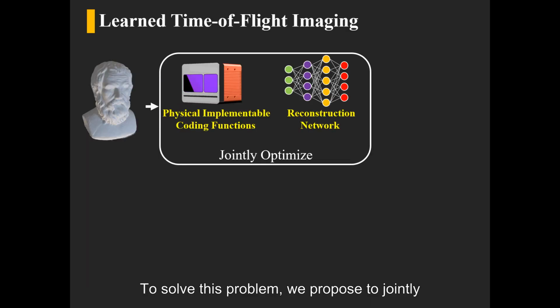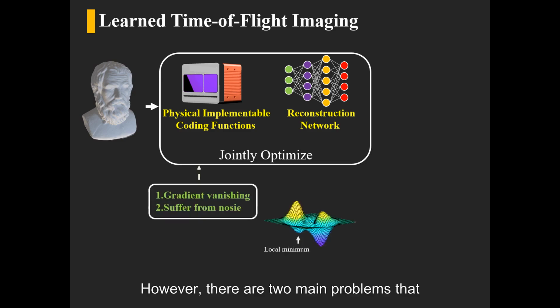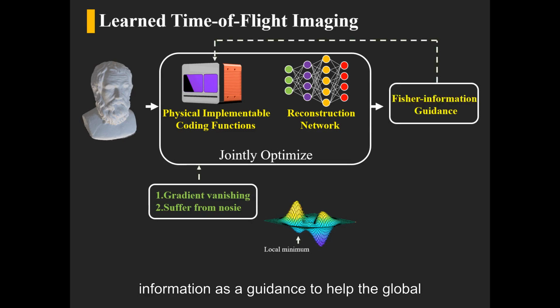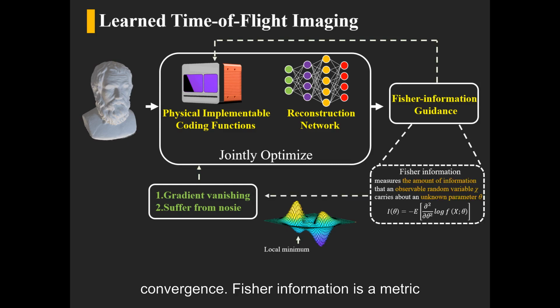To solve this problem, we propose to jointly optimize the physically implementable coding functions and reconstruction network. However, there are two main problems that prevent the global convergence of joint optimization, i.e., the gradient vanishing problem and the large noise. We propose to introduce the Fisher information as a guidance to help the global convergence. Fisher information is a metric of the amount of information included in the observation variables about the unknown parameters. By deriving the Fisher information of the I2F imaging system and using it as loss, we could realize high accuracy I2F